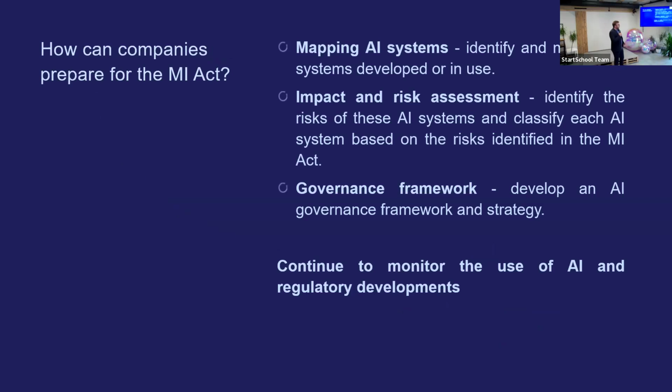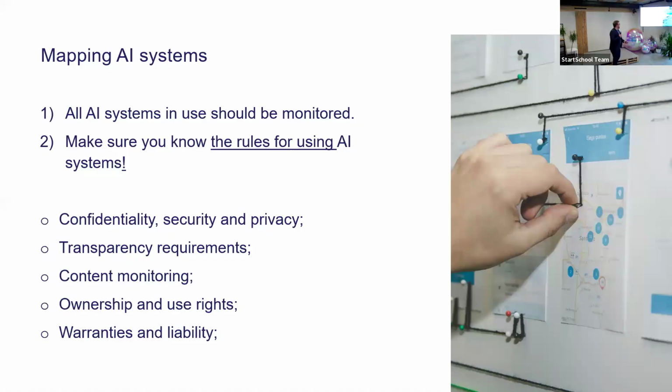So how can companies prepare for the AI Act? It's similar to GDPR: mapping, understanding what kind of systems we use, and then identifying whether these systems pose high risk, limited risk, or minimal risk, and after that, improving the requirements and preparing documentation or informing users regarding the use of AI, etc. What is also important is to make sure you read the agreements with the AI software providers and see